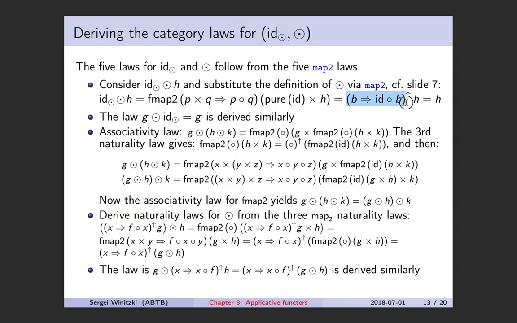and we get that. But now you see identity function followed by b is just b. So now we have b going to b, which is an identity function. We lift that, it's still an identity function. So that's equal to h. So that's why the identity law holds. Similarly, we derive the right identity law. Associativity law,